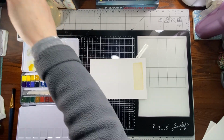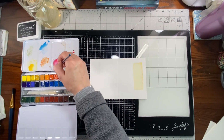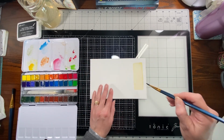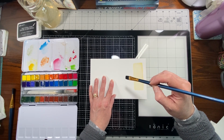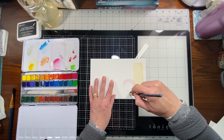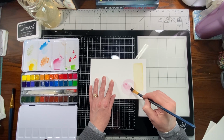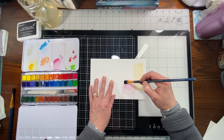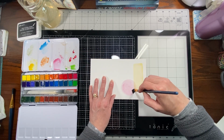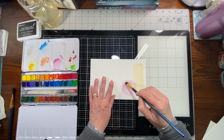Okay, let's see now. What color do we want? They're dry, so that's good. Maybe some pink, I think. And I don't know, I'm just winging this. I'm really not sure how I want to do it, but it's my attempt at a circle. And I just want them to sort of stay, you know, that see-through look, which obviously is probably all I would ever be able to get with watercolor, but